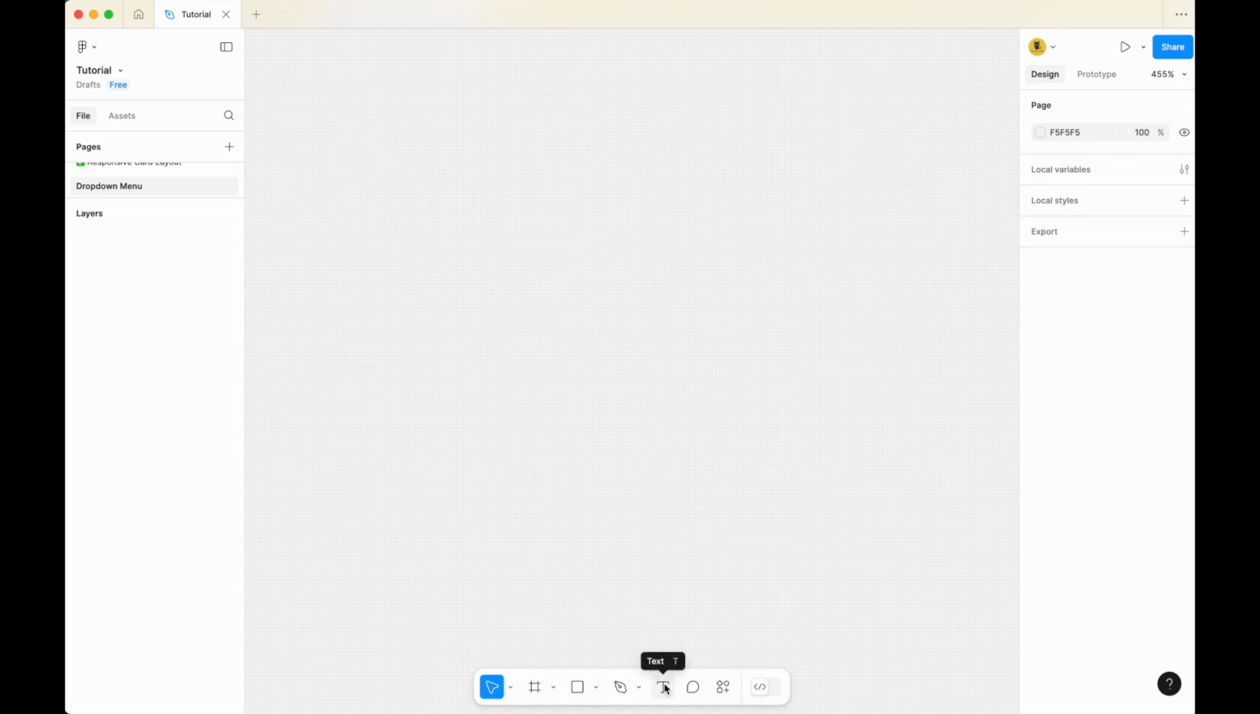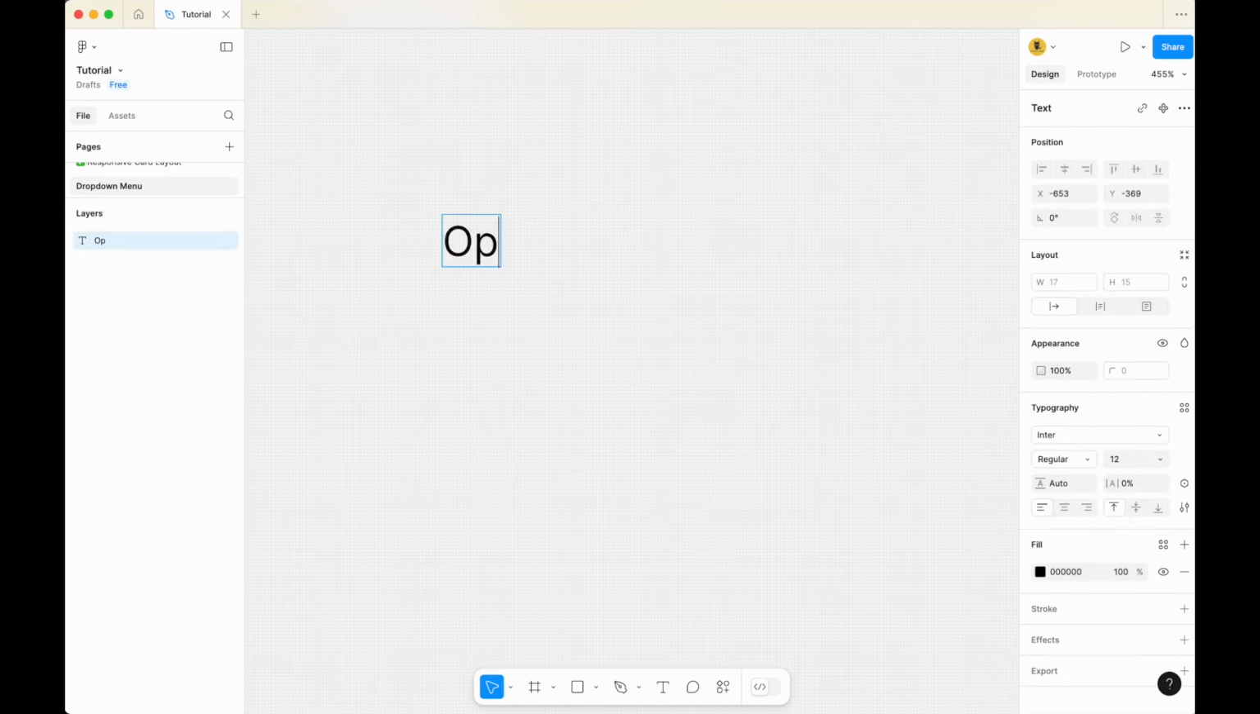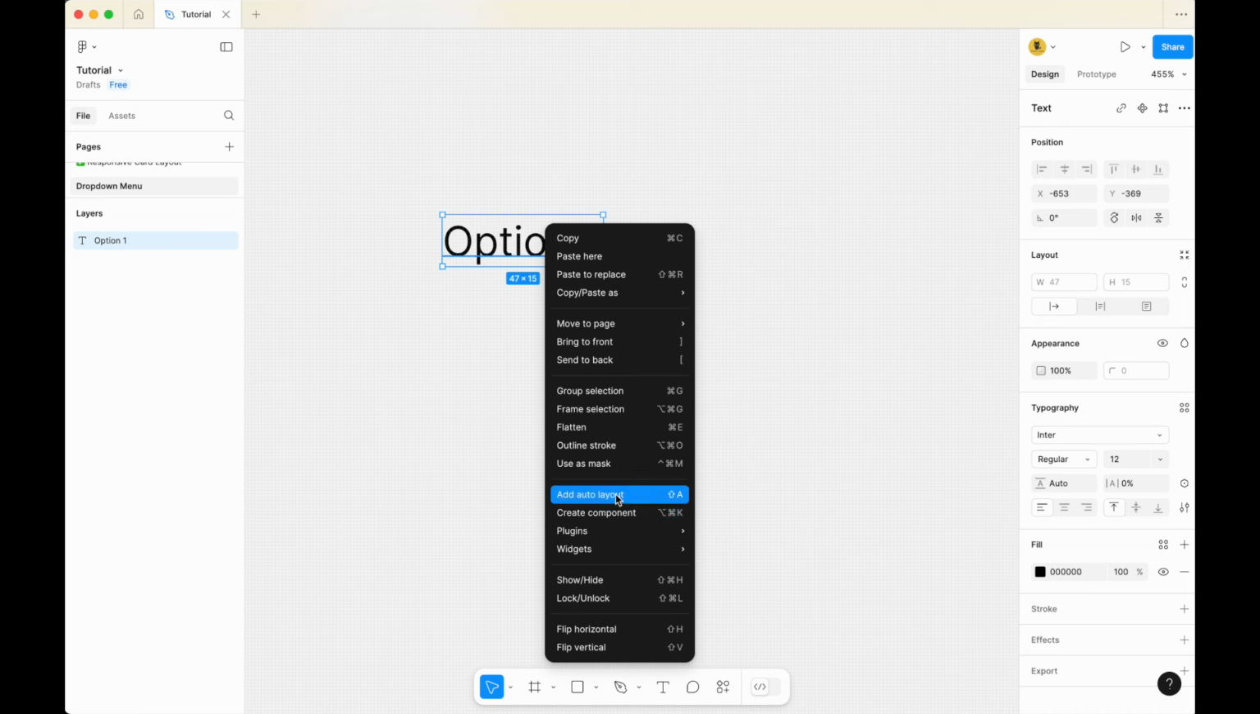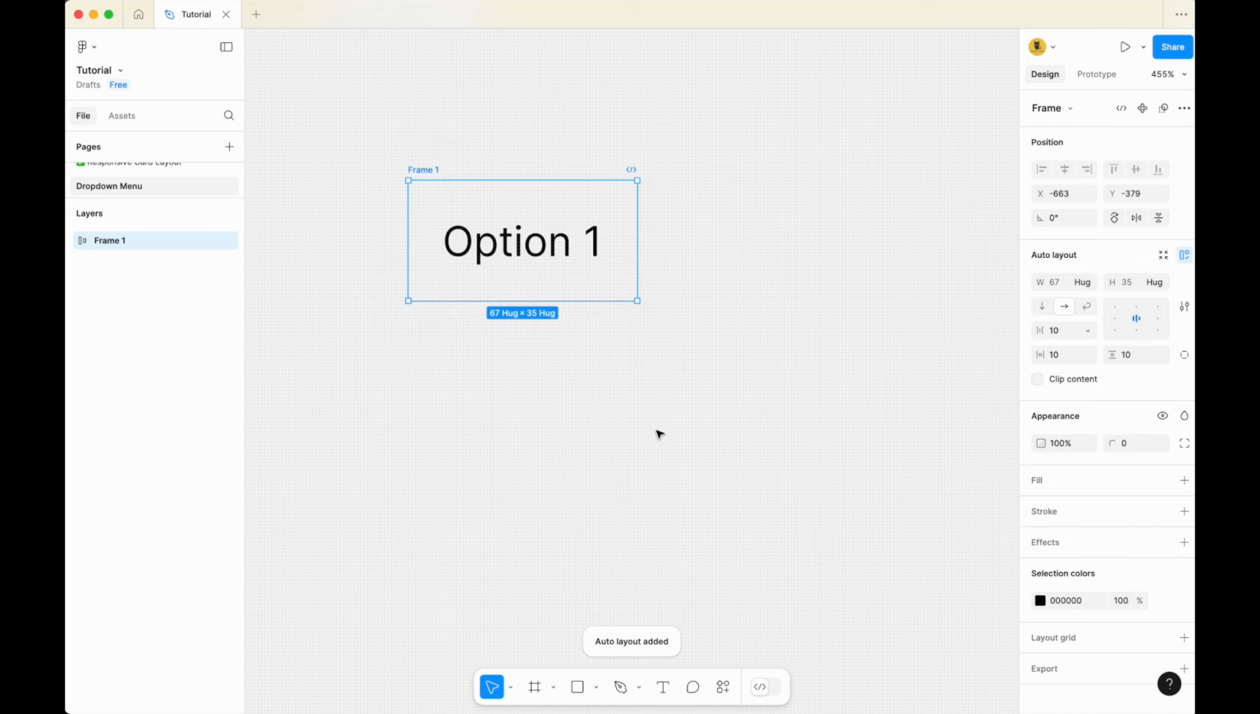So the first thing we want to create is the option. To create the options, we have to select the text. Create a text. Let's call this option 1. Right click and then select add auto layout. Okay, once you have added the auto layout, click on the create component on the top right hand side over